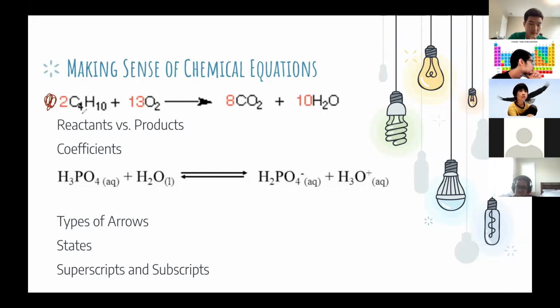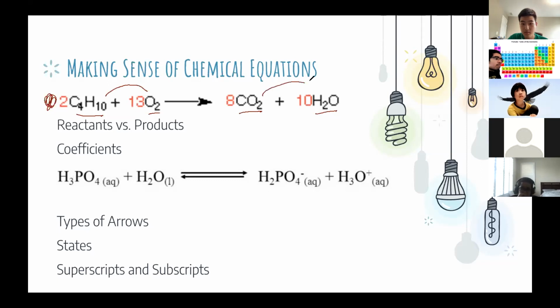that this is butane. You don't have to know that, but that's butane. This is oxygen gas. This is carbon dioxide gas, and this is water. You might think it's a liquid, but it's actually in gaseous form here, even though it doesn't say it. But basically what I'm trying to say with this equation is that butane and oxygen are reacting. This kind of reaction is called combustion because you're reacting with oxygen gas, and they're producing carbon dioxide and water,